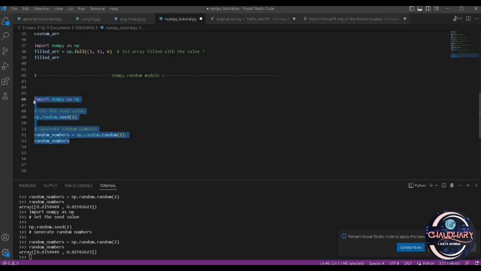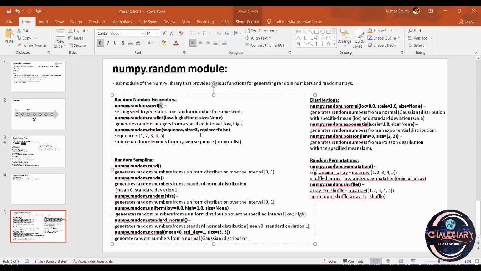This is a very useful thing. And if you want to generate truly random numbers, you can just comment it out. You don't need to provide a seed, then just run it. You will see each time the numbers are getting changed: 4 8 and 3 9 at the last, then 7 8 and 8 2, then again 6 3 and 9 7. So this is what seed is doing. Hope you got it. After that we have